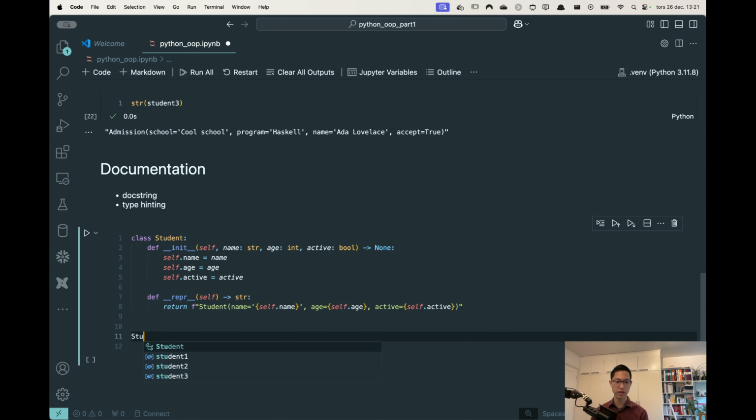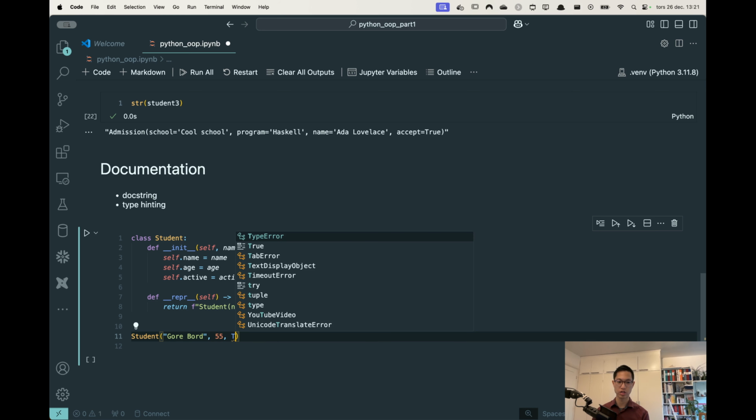Okay. So if I want to create a student instance, look here at what I'm doing. I'm just hovering over it, and we get name as a string, age as an int, active as a bool. So this helps me as a developer, and it helps other developers to use this class. Then I know that name must be a string. So for example, here we could have Gore board. You are 55 and it's true that you're